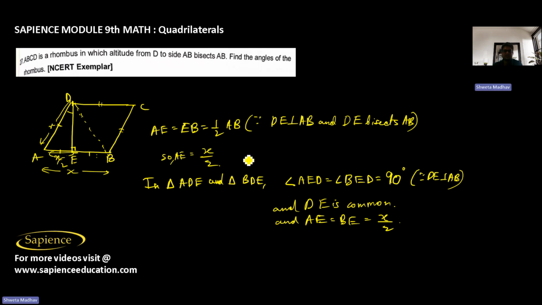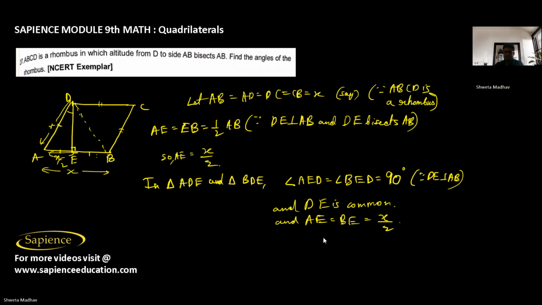Here we have taken AB equal to AD equal to BC equal to CD equal to x. Since ABCD is a rhombus, all its sides are equal in length. So this is your x by 2. Therefore we can see that triangle ADE is congruent to triangle BDE